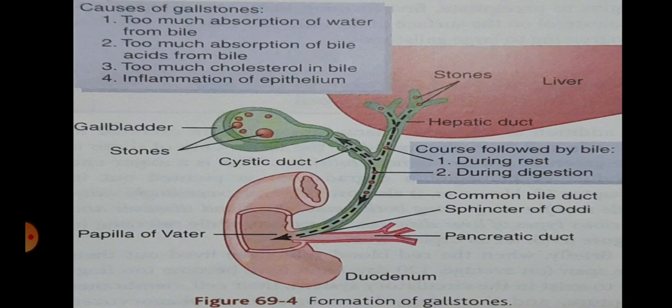Inflammation of the gallbladder epithelium, often resulting from a low-grade chronic infection, may also change the absorptive characteristics of the gallbladder mucosa, sometimes allowing excessive absorption of water and bile salts, but leaving behind the cholesterol in the gallbladder in progressively greater concentrations, which results in the formation of